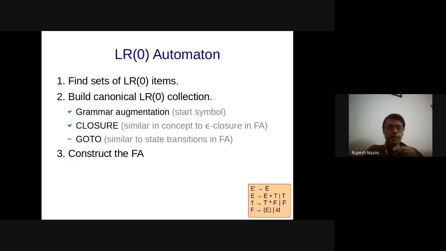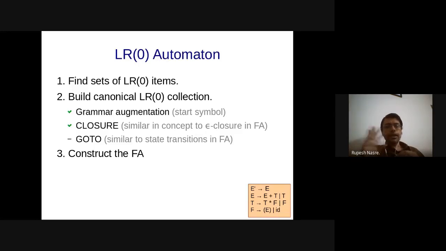Okay, so we'll continue with our discussion on LR parsing. Again, I will reiterate, there is top-down parsing and bottom-up parsing. In top-down parsing, we start from the start symbol and try to derive the string that is given as input, which is our program. In that, we looked at LL parsing.